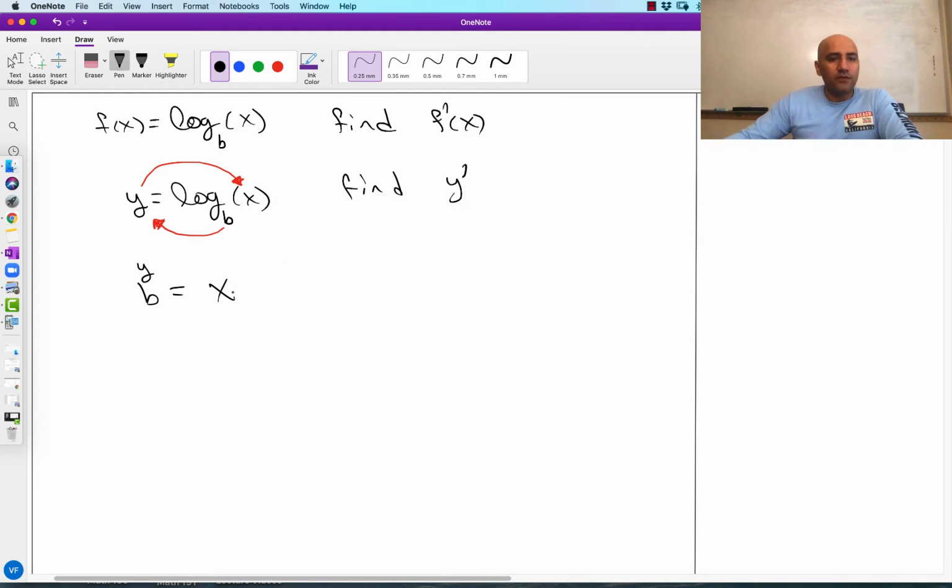Okay, so this is true by the very definition of logs. This statement is true only if this statement is true, and this is just the exponential form. Logarithmic form, exponential form. One is true if the other is true. Okay, so now what we're going to do is take the natural log of both sides of the equal sign. So let me copy this down. We're going to do b to the y power equals x, and we're going to introduce this ln. So we're going to take ln of this side,